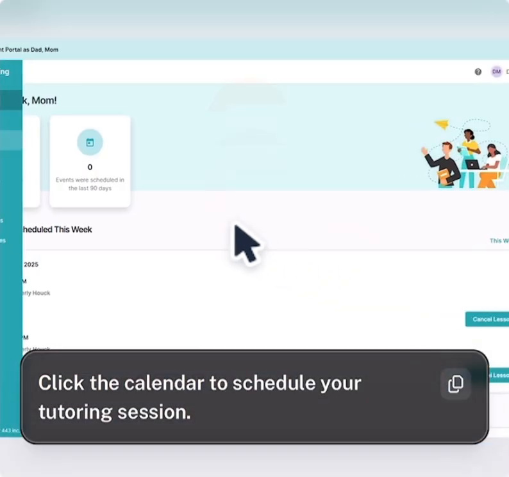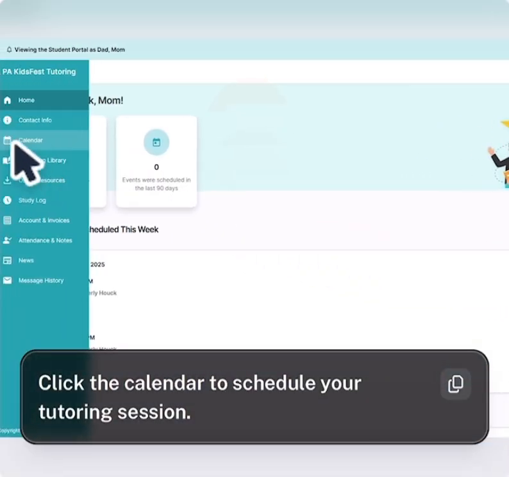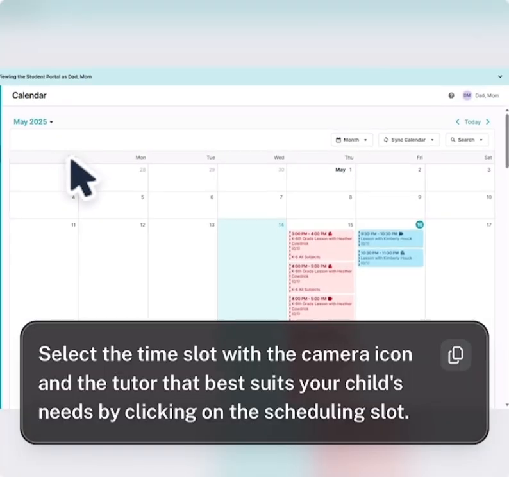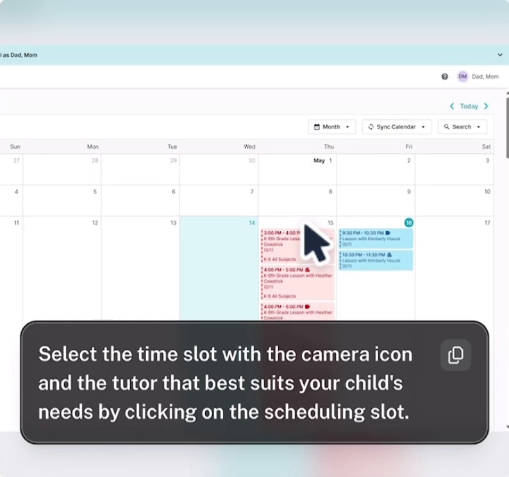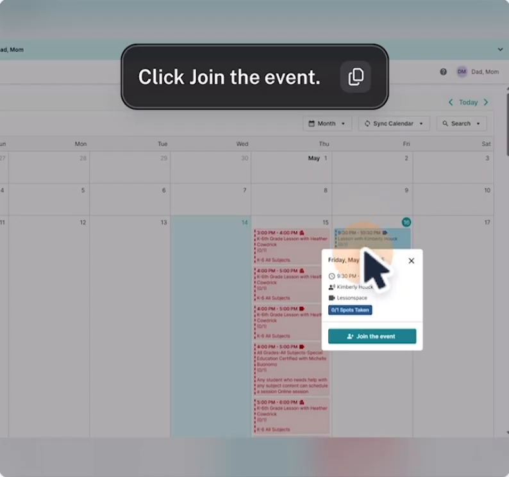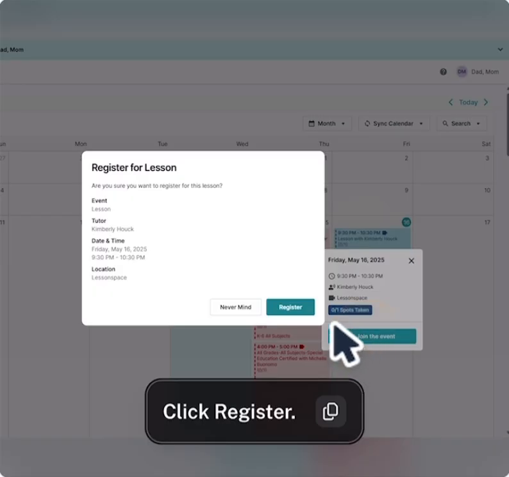Click the calendar to schedule your tutoring session for virtual lessons. Select the time slot with the camera icon and the tutor that best suits your child's needs by clicking on the scheduling slot. Click Join the event. Click Register